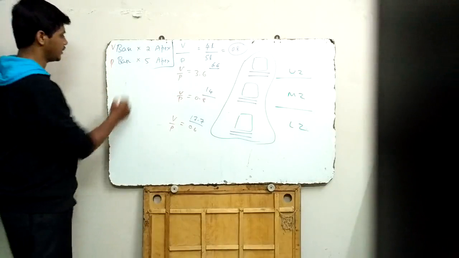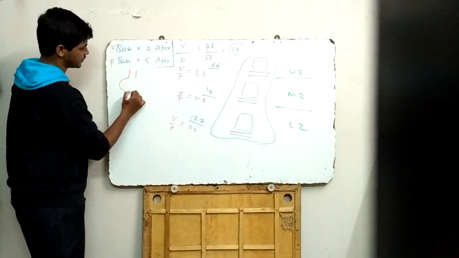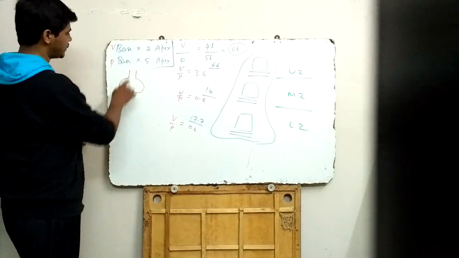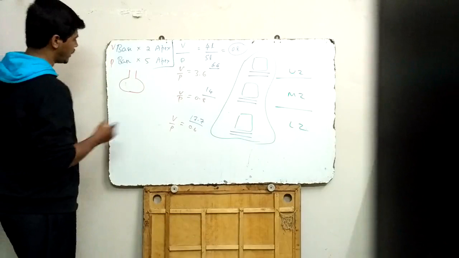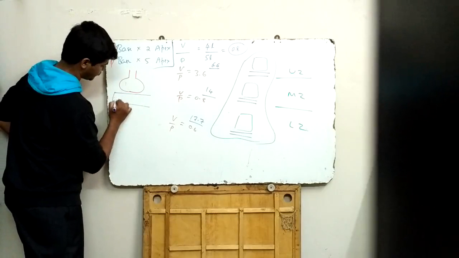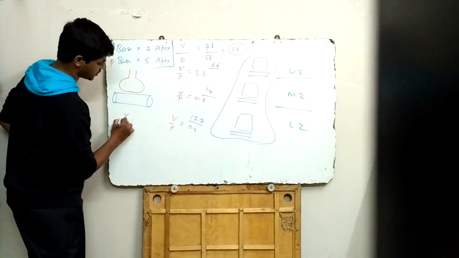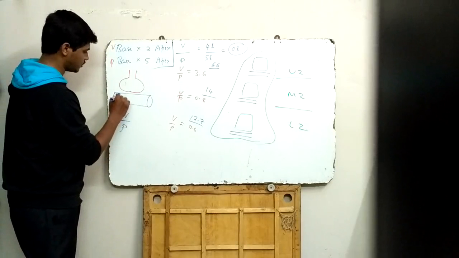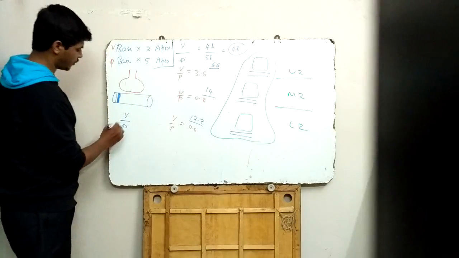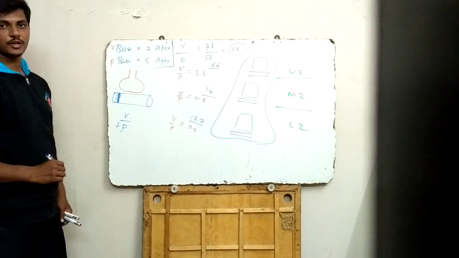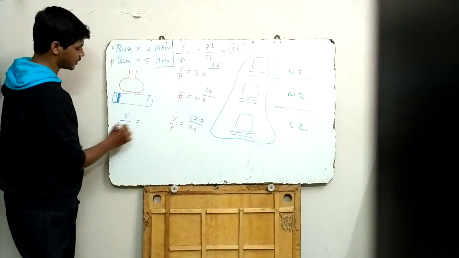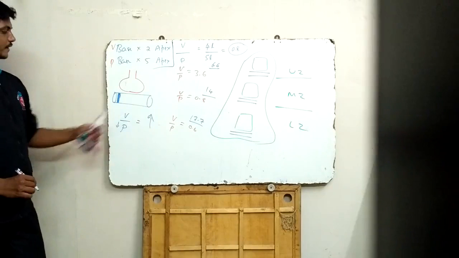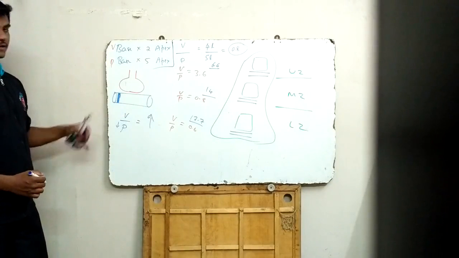Now, assume that this is a capillary. This is the alveoli. This is the airway proximal to the alveoli, and this is the capillary. So, ventilation perfusion ratio. Now think that there is a thrombus formation here. So what happens to the perfusion? Perfusion decreases. But what happens to the ventilation? Ventilation remains the same. So what happens to the ventilation perfusion ratio? Increases. Ventilation perfusion ratio increases because perfusion is decreased.